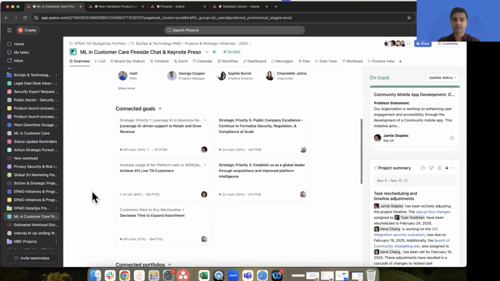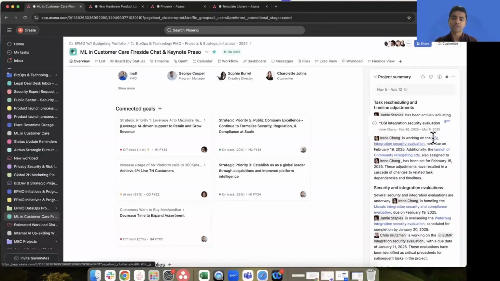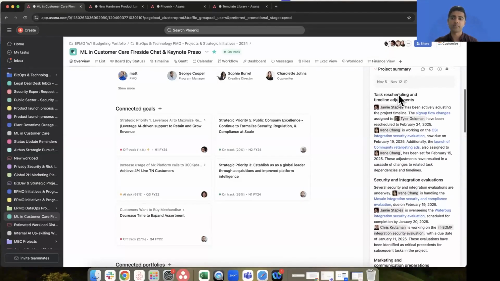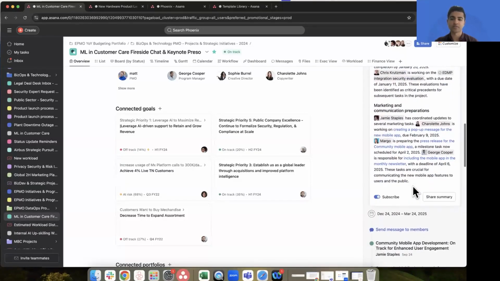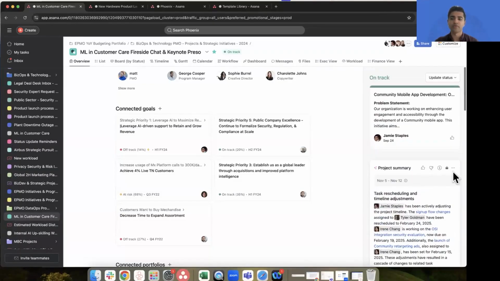We can see, and we'll get to this in the next section, which goals at the function, team, or company level this particular project is connected to. We can also see what the recent status updates were. And we can also see this AI-generated project summary for us, which says, okay, here is a project summary for the time that you have not really taken a look at this particular project. And I can have this rerun and updated if I'd like, just to get an updated perspective on what's going on with this project. So there are very quick ways to get this information right off the bat.